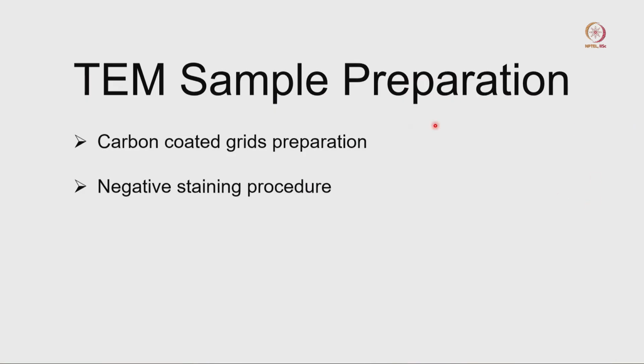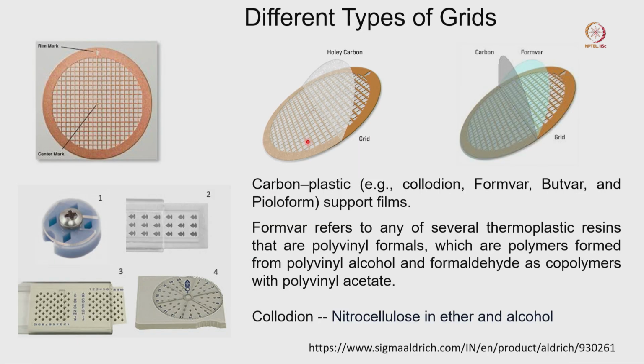Based on today's topic, we are going to focus on TEM sample preparation, carbon coated grid preparation and the negative staining procedure. First we want to discuss the TEM grid. Last class I already discussed the TEM grid, that you can get different types of TEM grid, where you have a different type of mesh system. Now if you look at this TEM image, this is a TEM grid. This is an enlarged view of the TEM grid, where you can see this is the